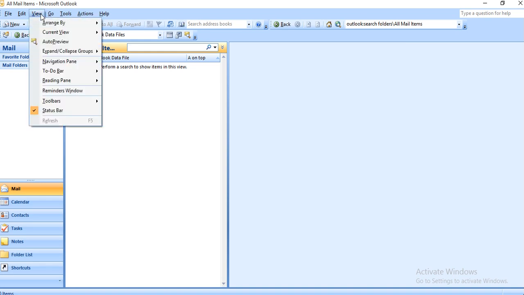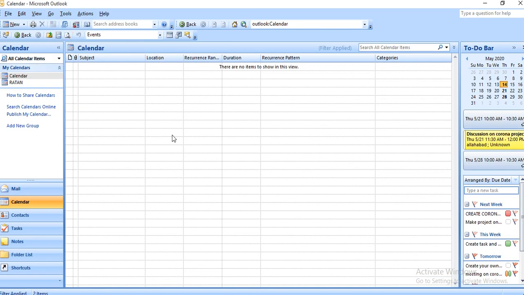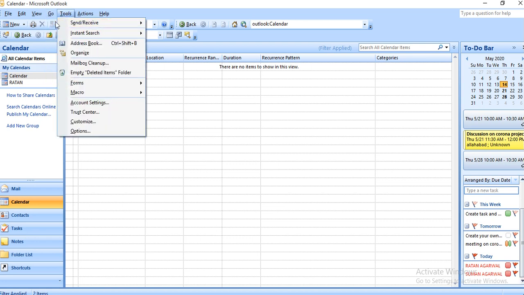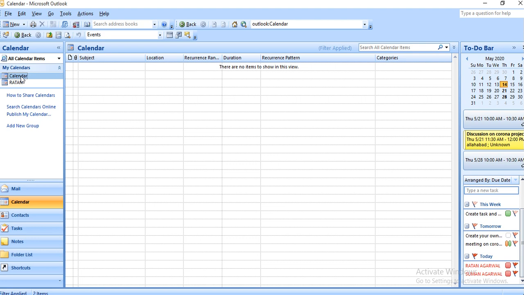Then go to the calendar which I have made. This is the calendar.